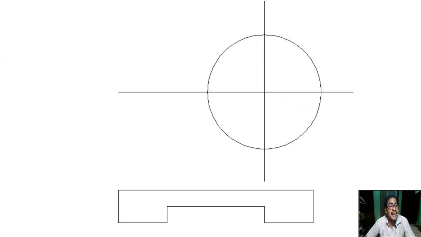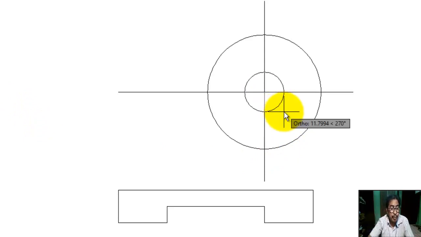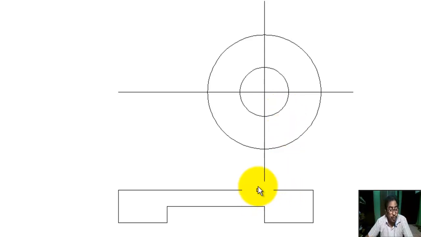Now again we draw circle, click on circle command, specify center point this. For diameter type D, diameter of the circle 30 millimeter. Okay, now